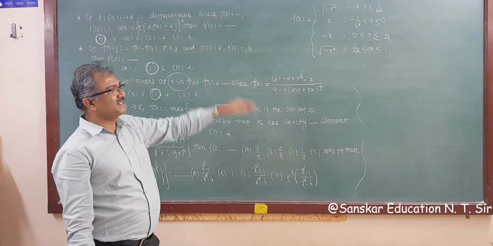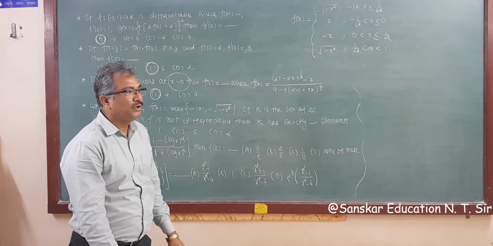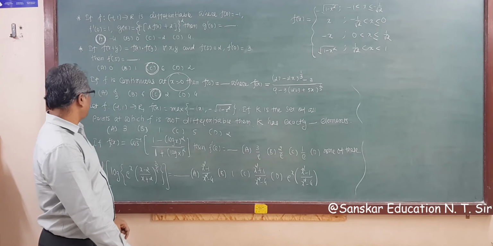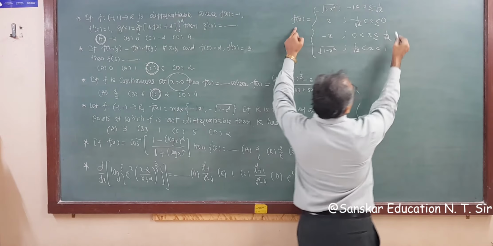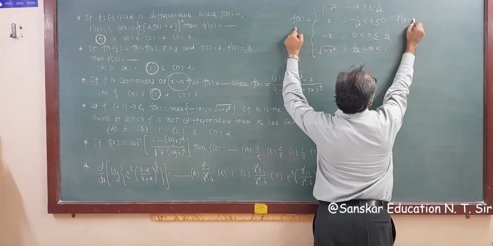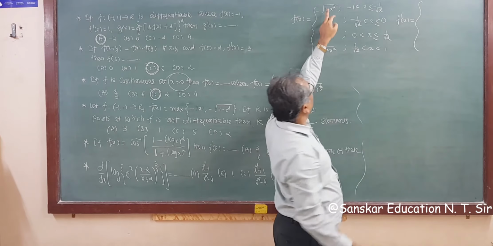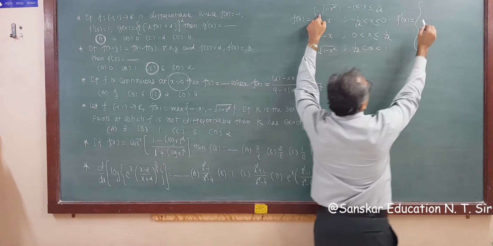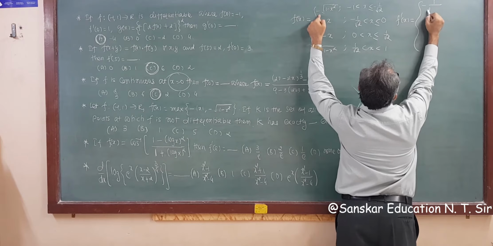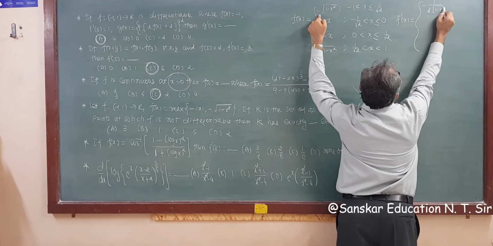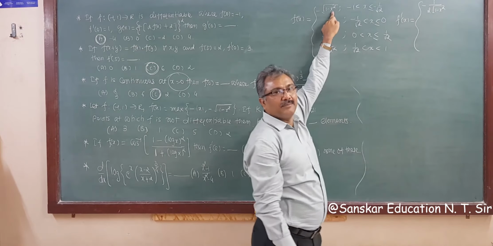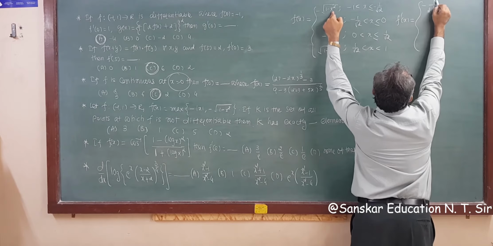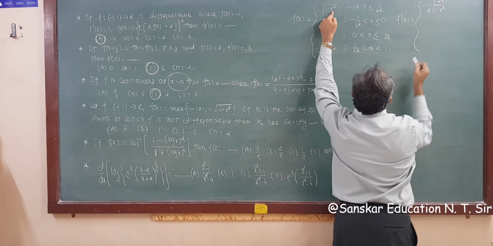Now we have to differentiate this function, right? So f dash x, I am writing directly here. The derivative of this, root bracket, is 1 upon 2 root bracket, so minus 1 upon 2 root bracket, and the derivative of the bracket again is minus twice x, so this is minus twice x, right?